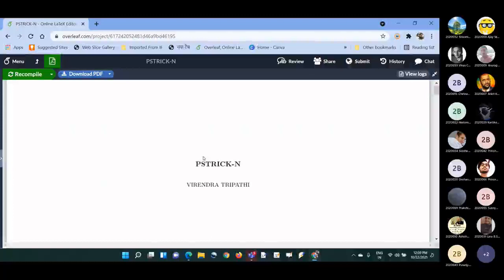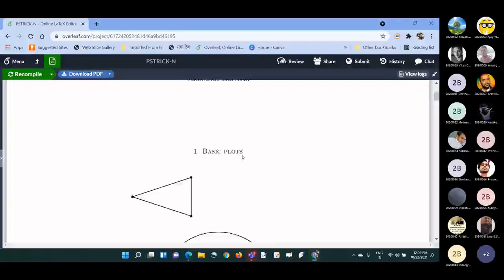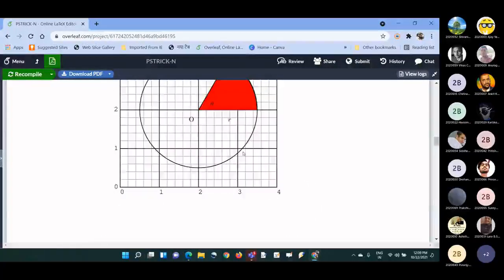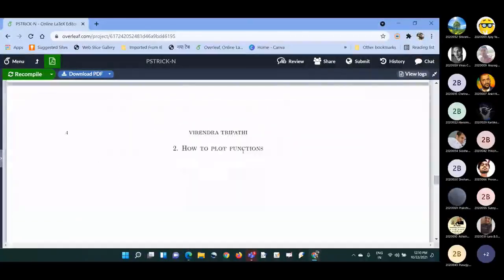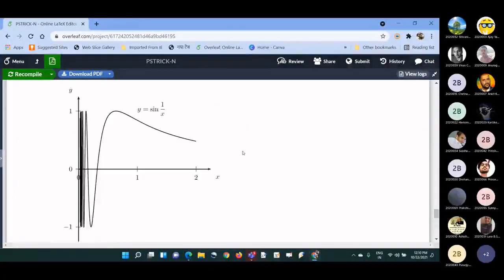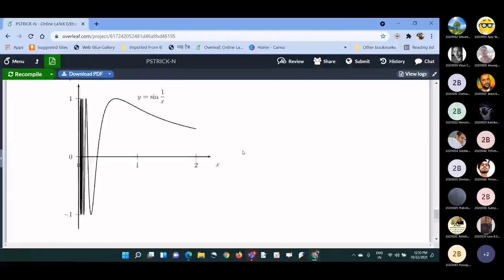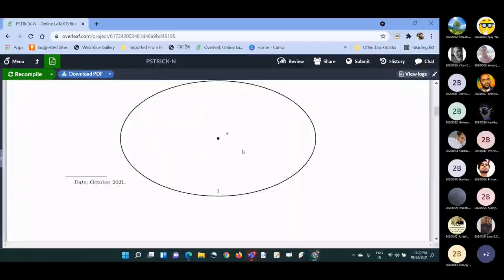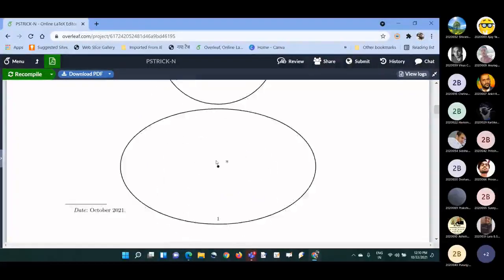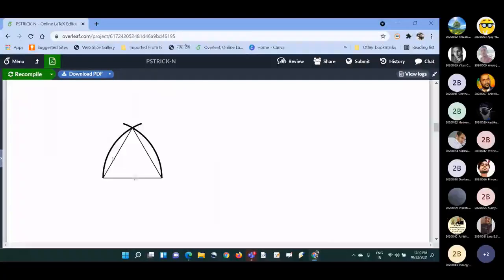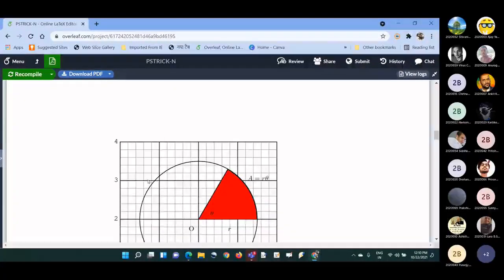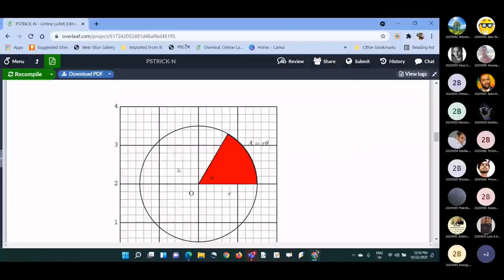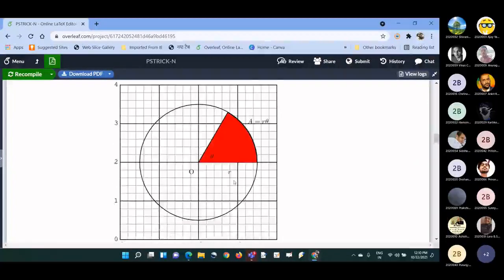Okay. So this is okay. Let me recompile first. So this is the document, and these are some pictures or graphics that I have drawn already, so that I have enough time to explain the commands. So we can see a triangle, then a circle and an ellipse, and then we have a circle and some arcs touching the top vertex. And here we have a circle and some colored portion, and of course coordinate nomenclatures are also there.